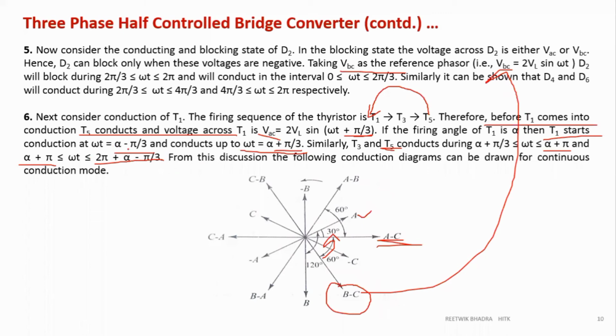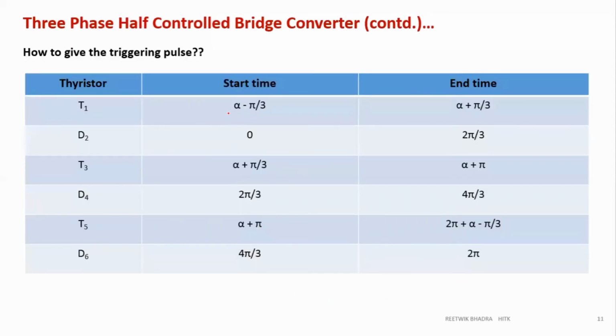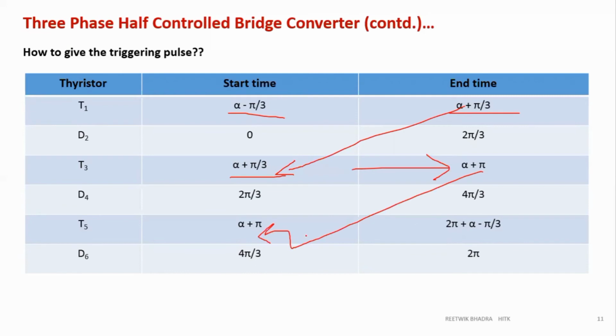Total conduction will be 360 degrees. You can add the starting and the last angle. So pi by 3 cancels out, alpha and alpha cancel out, so this becomes 2 pi. So all the calculations written over here are correct. So omega t equal to 0 to omega t equal to 2 pi completes our cycle. That is what I have written over here: alpha minus pi by 3 to alpha plus pi by 3, alpha plus pi by 3 to alpha plus pi, then alpha plus pi to 2 pi plus alpha minus pi by 3. Add these, you will get 2 pi. So you are seeing the 2 pi cycle gets completed.